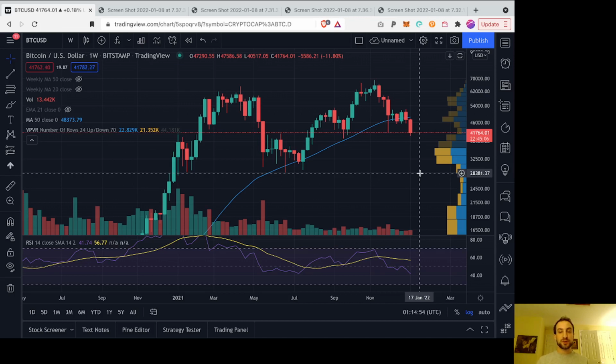So some thoughts to share with you guys. Hope you're hanging in there during this uncertain time. Be careful out there. Try to keep some powder dry if you can, because if it pulls back farther, you'll want to have some cash on hand, because the lower it goes, the better the buying opportunity.